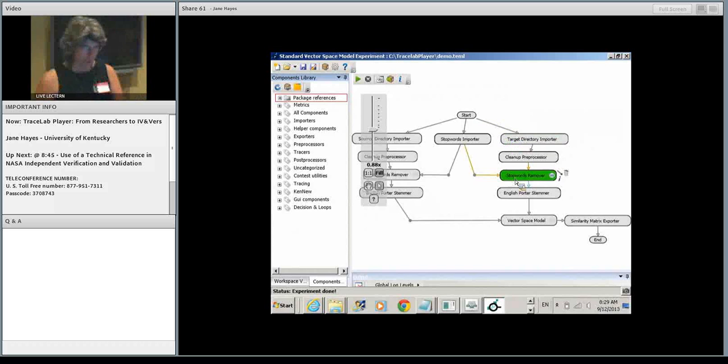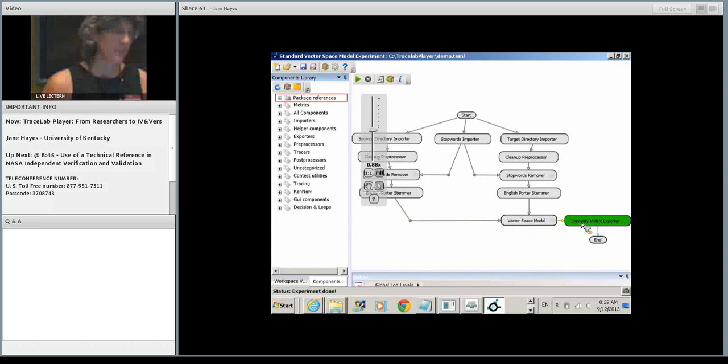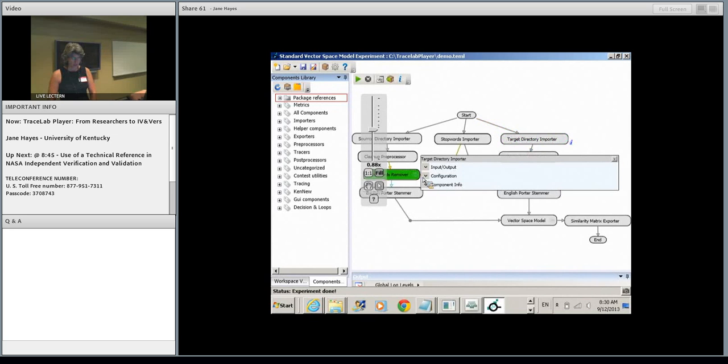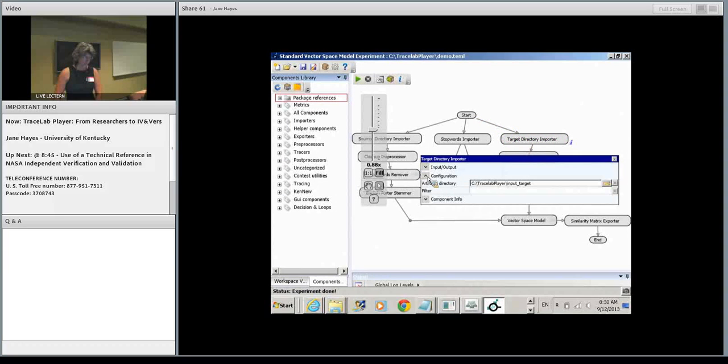it goes through and does some pre-processing, and then it applies this vector space technique, and what it outputs is the trace matrix. Now, for each of these, if you click on the eye, it brings up a box, and if you click on configuration, you can tell it where you want that file to be, what the path is, what name you want it to have, and so